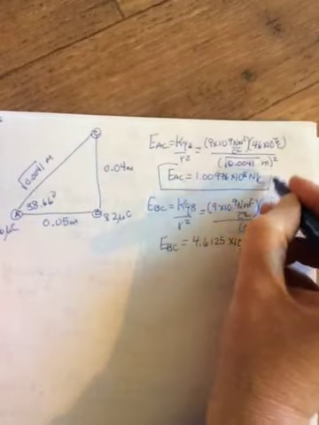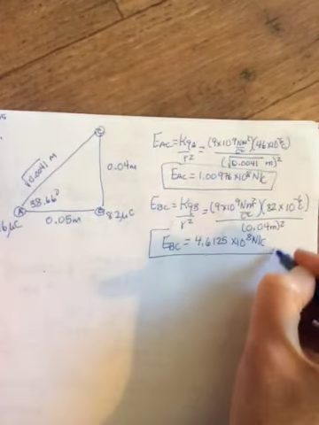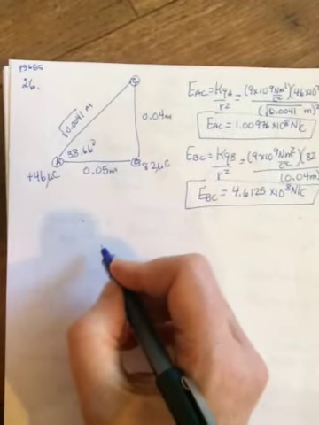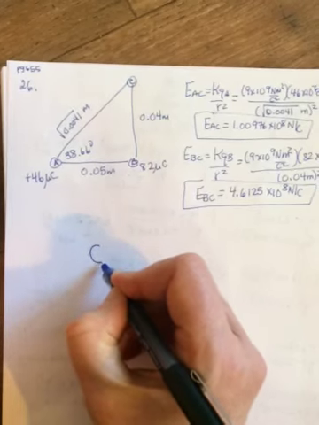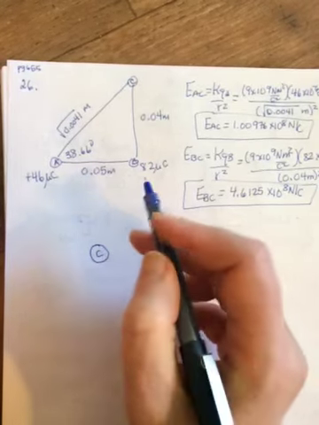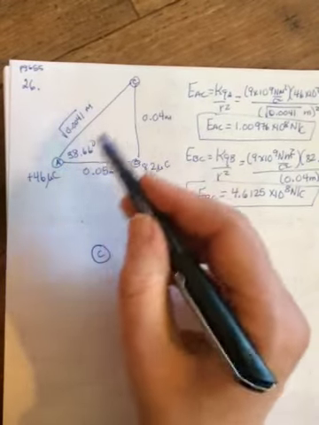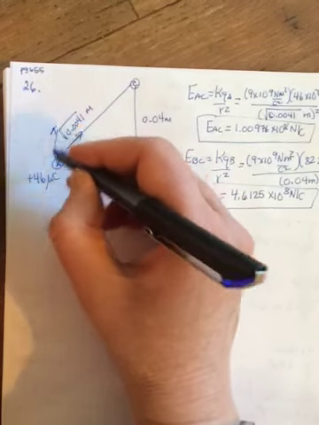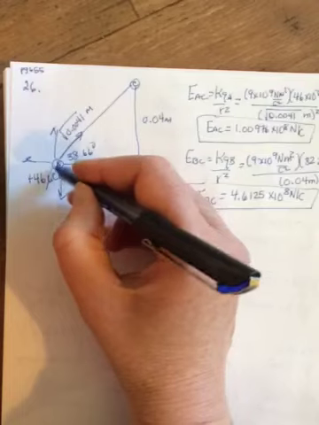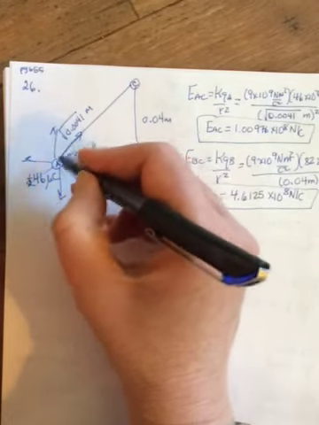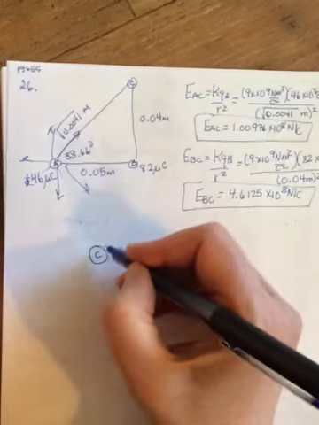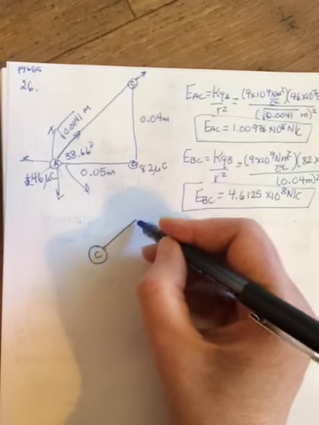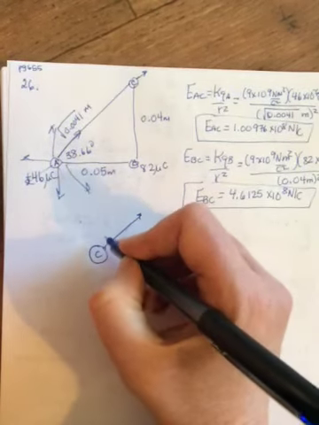So we have our field strength from A at C and our field strength from B at C. So we now have to add them up, but they're vectors, so we have to take into account their directions. So I'm going to redraw C down here. And I'm going to look and say, okay, what's the field from A doing at C? Well, A is positive, so its field is going out in all directions, right? Which means along the line that's connecting A to C, the field is going out. So up here it'd be going this way, and I'm just going to draw it here so I'll have more room. So this is EAC,